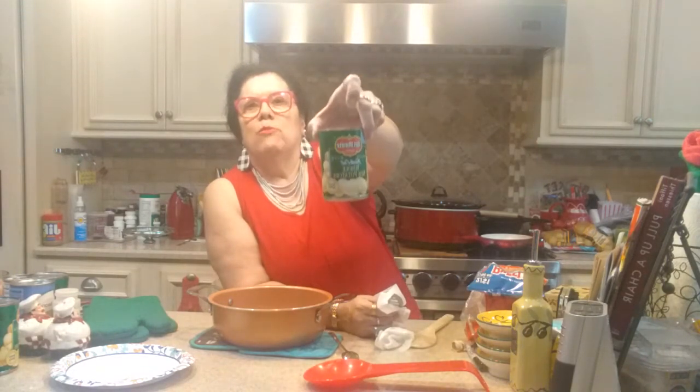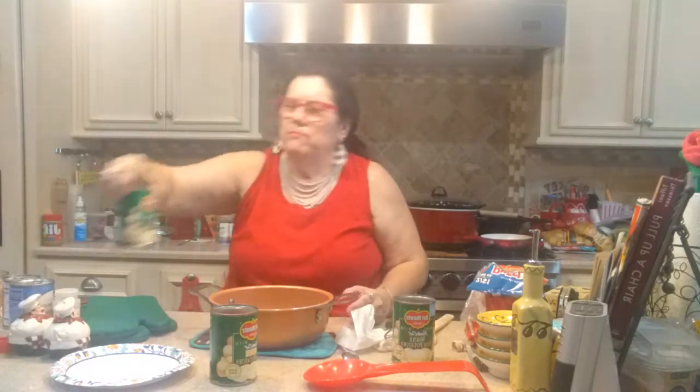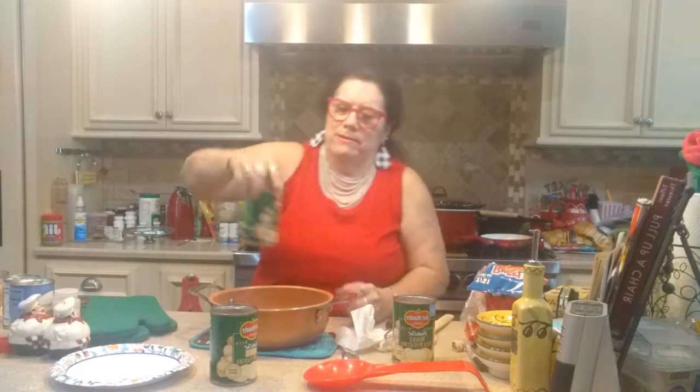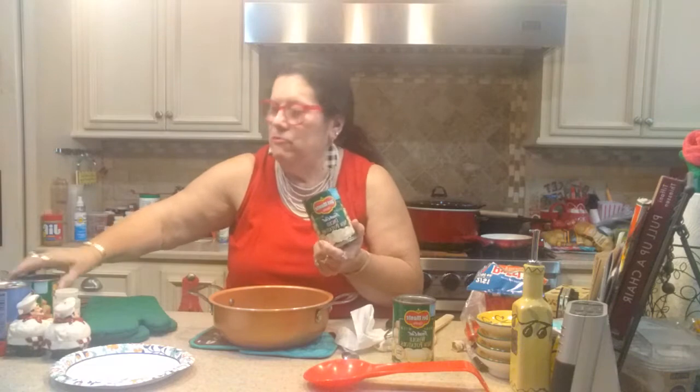These canned potatoes are wonderful for recipes. If you don't want to take time to slice and peel a whole raw potato, this is so much easier. Now these potatoes you can get, this one says whole new potatoes. You can see that right there. You can also get it sliced, and you can even get them diced. Either way. A lot of times I buy some of each when they're on sale. The dice and the slice are really quick and easy to use for breakfast. I'll make us a breakfast at least once or twice at night for supper. I can open one of these cans, drain it, put it in the skillet, and fry it. You have 5 potatoes like that in